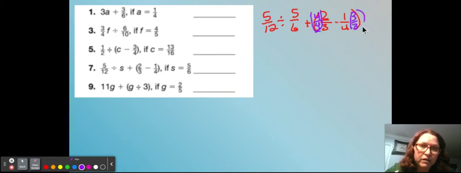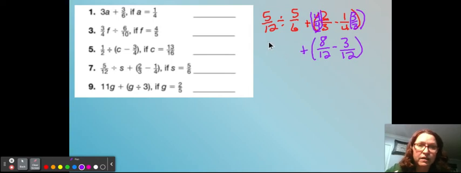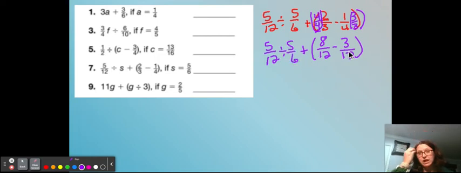over 3. 4 times 2 is 8. 4 times 3 is 12, minus 1 times 3 is 3. 4 times 3 is 12. Okay, plus 5/12 divided by 5/6. Okay, so now I have to do 8 minus 3 is 5, so I have 5/12